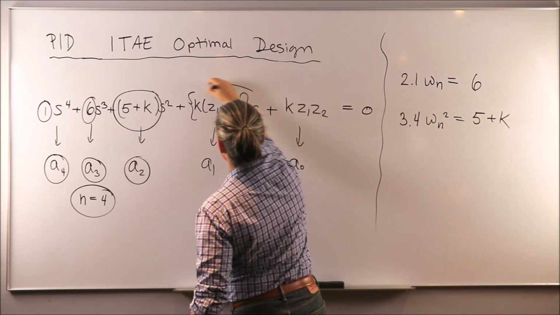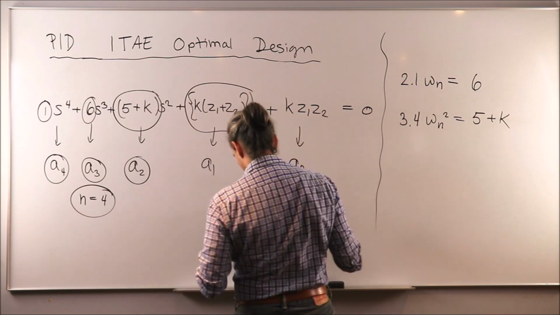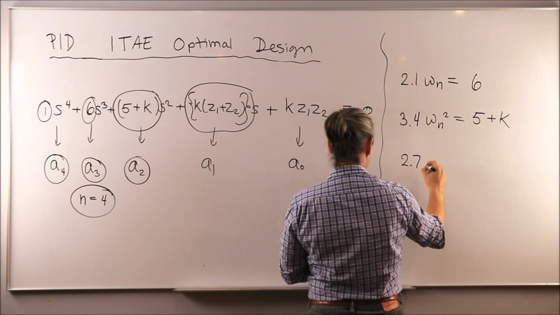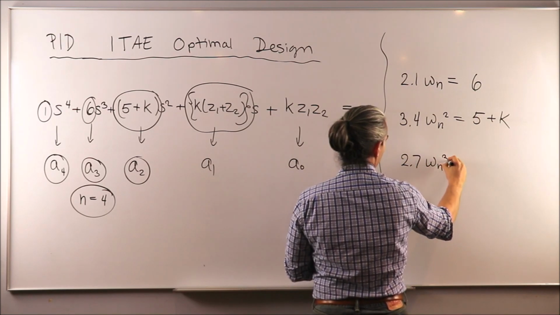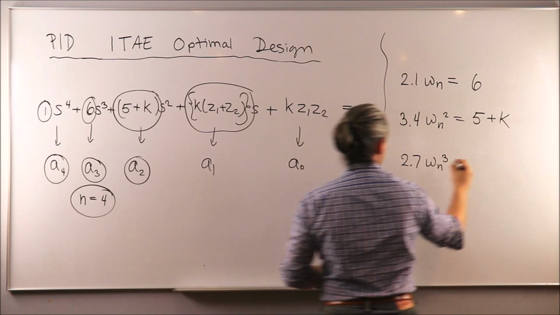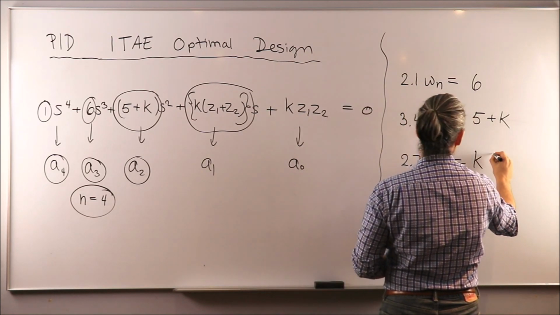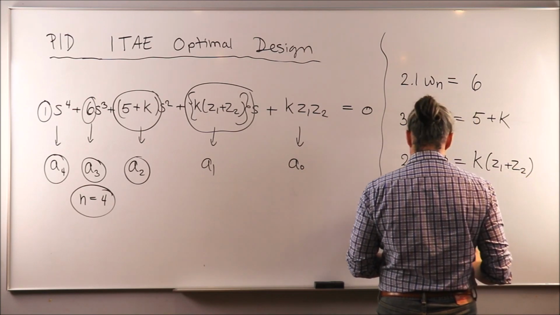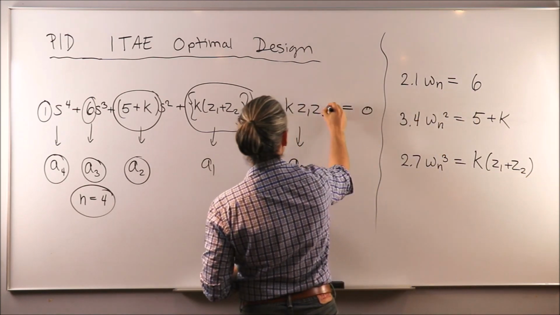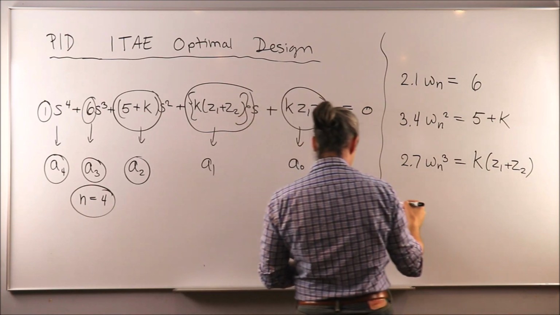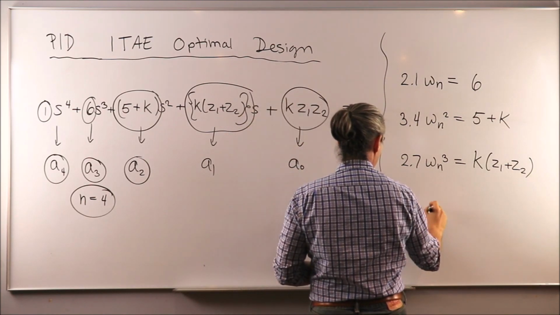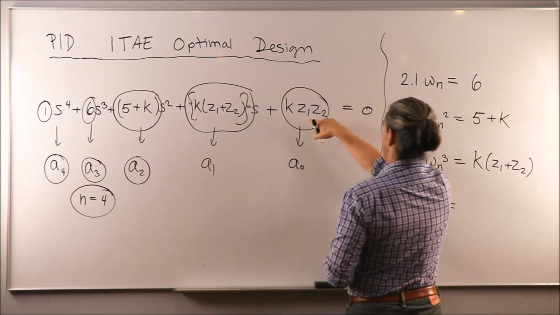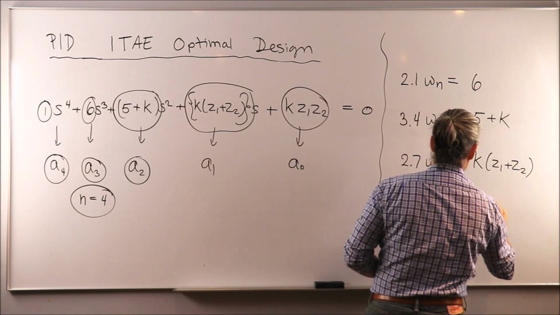A1 is this, according to what we have, but as per the table, it was 2.7 omega n cubed equal to k times z1 plus z2. And lastly, my A0 in the table was omega n to the power 4 equal to A0 here, which is k times